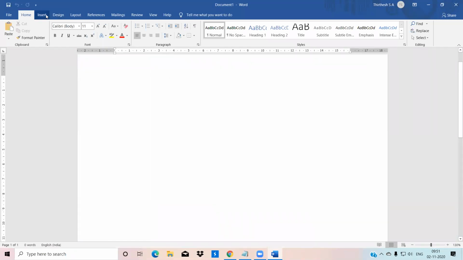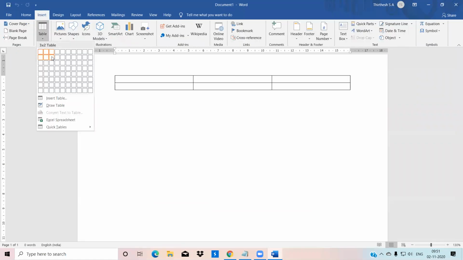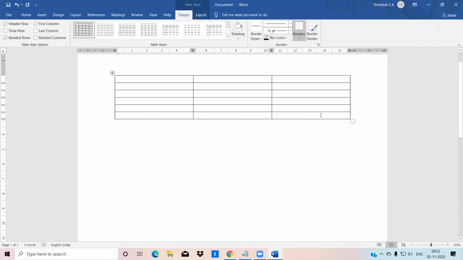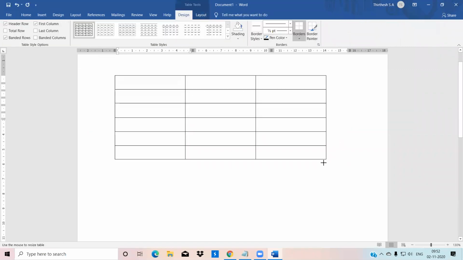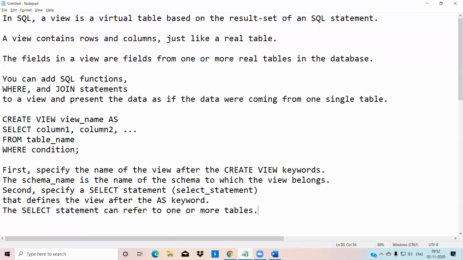The fields in a view are fields from one or more real tables.